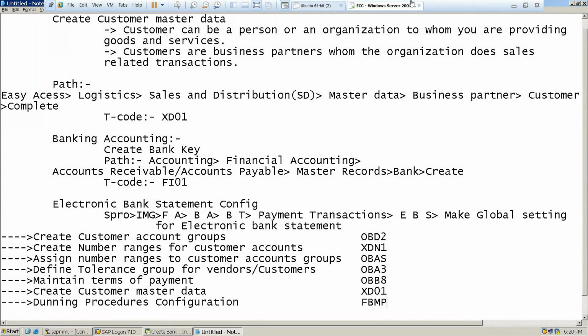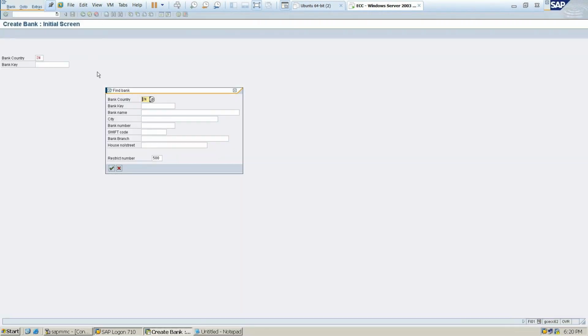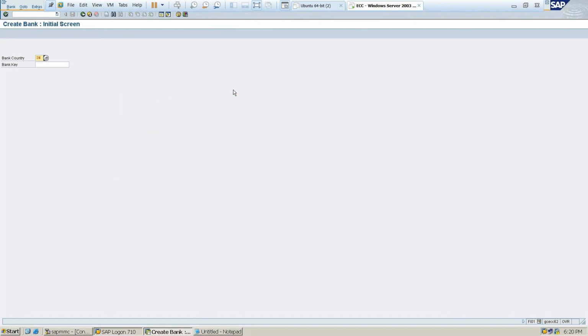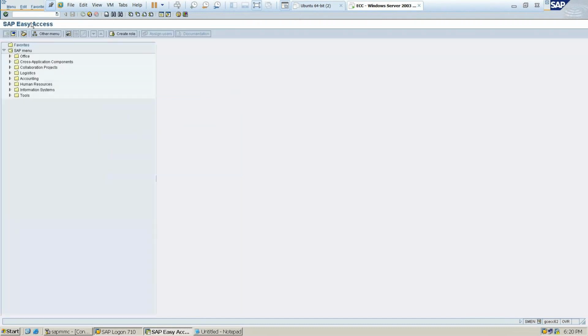So either you can go for the T code or you can go for the path. I'll go for the T code, KP. Here we need to do three levels.